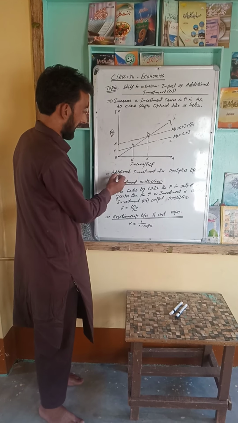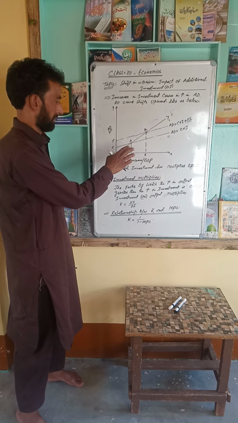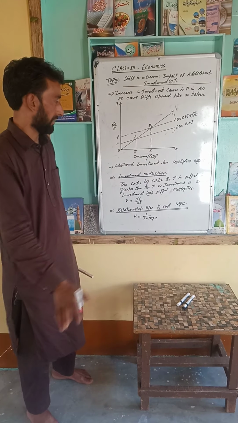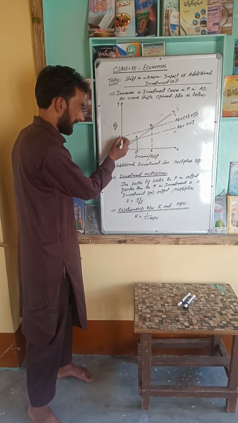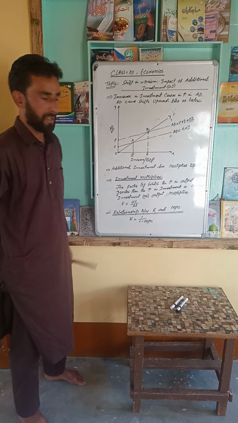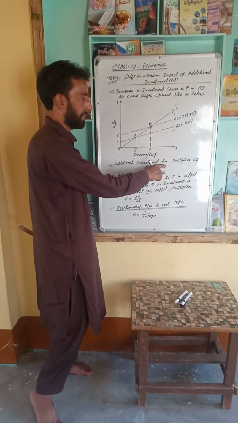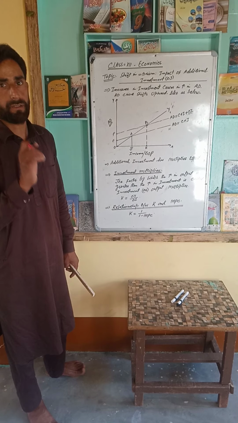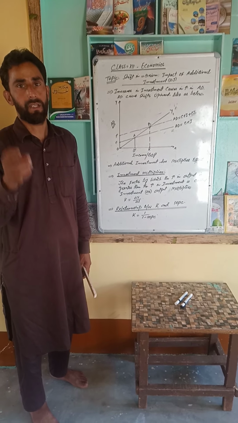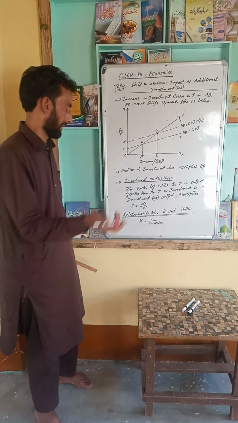Now a question arises here: additional investment has multiplier effects. That means we don't say that only this is increasing, this is also increasing, but there is a vast difference. The gap EF is less as compared to points G, J and K. This is the greater side and this is the smaller side. This is called the multiplier effect of additional investment. For example, when 10 rupees are invested, it will create an increase in income of, say, 50 rupees.